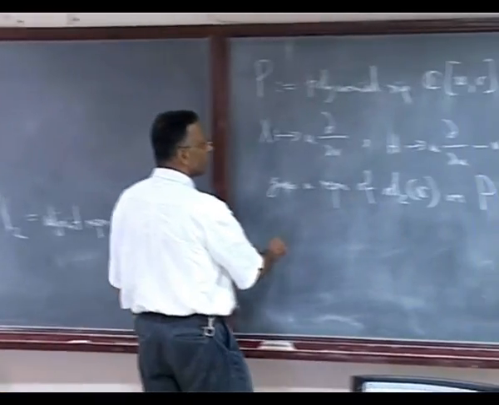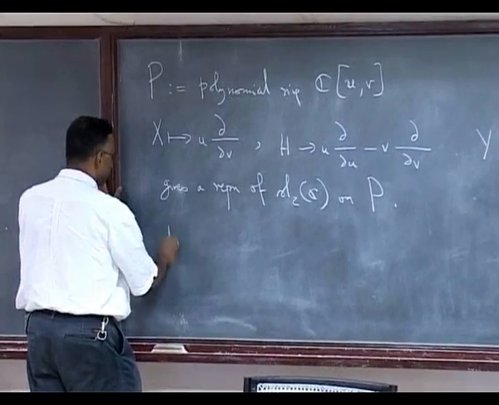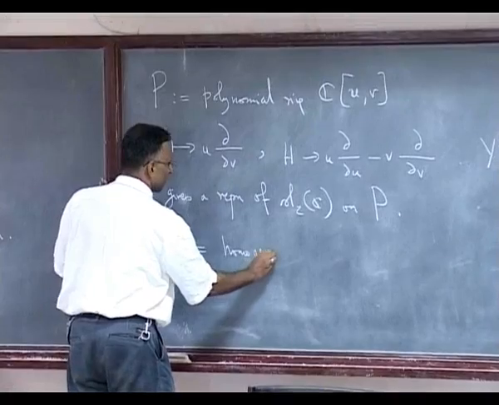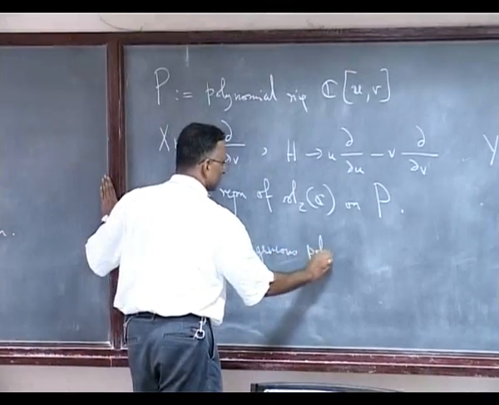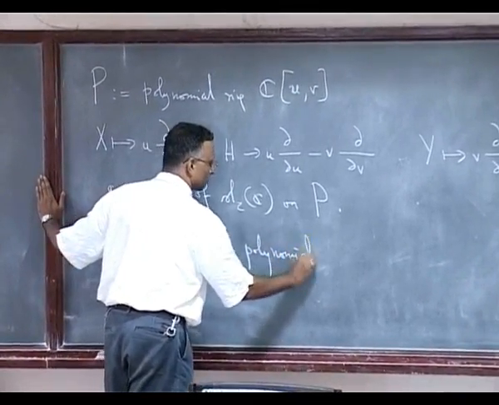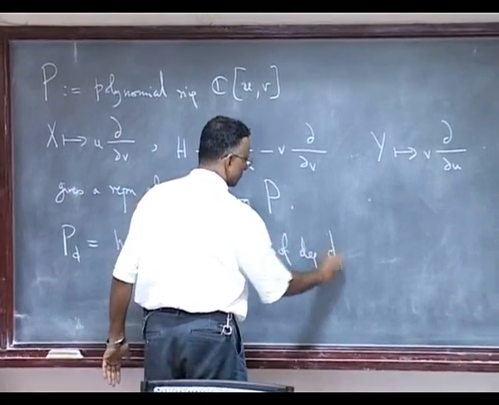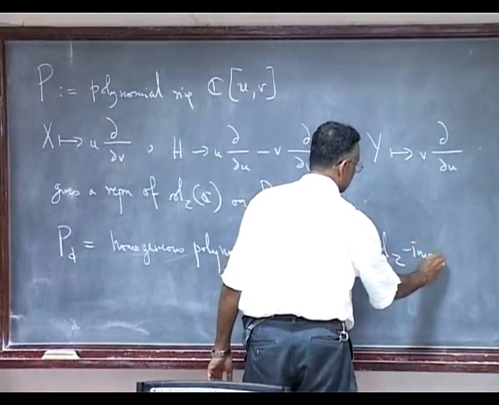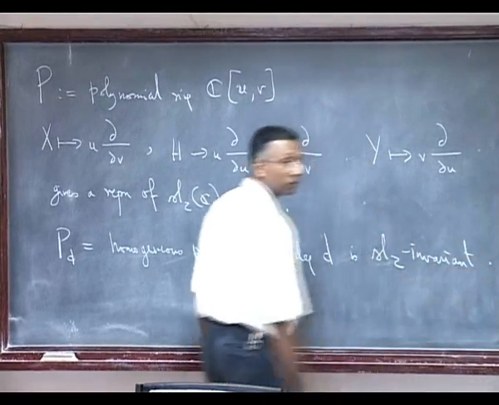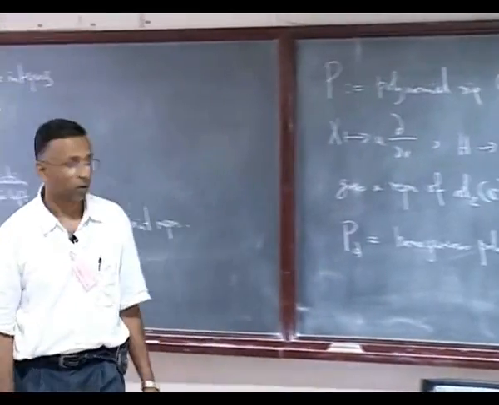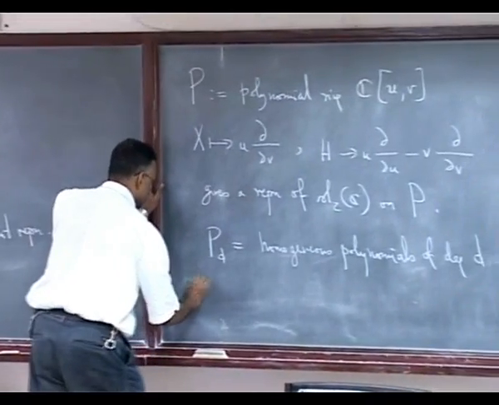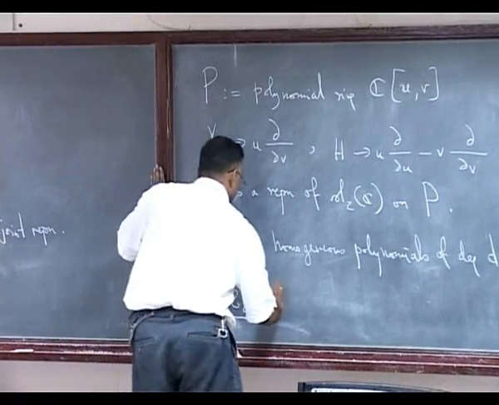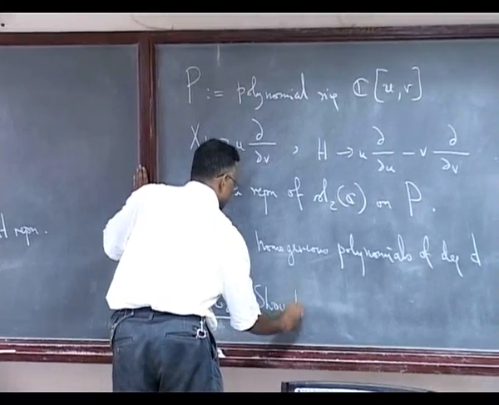So P_D, the homogeneous polynomials of degree D, is SL2 invariant. And here is exercise 2.2. Show